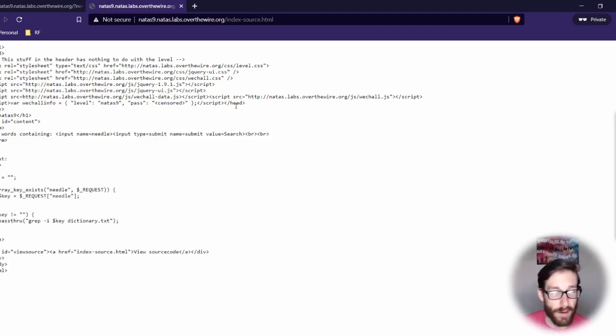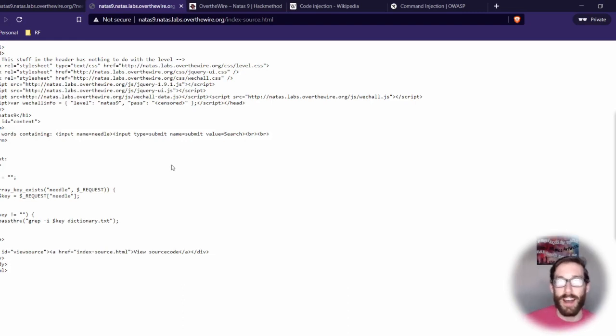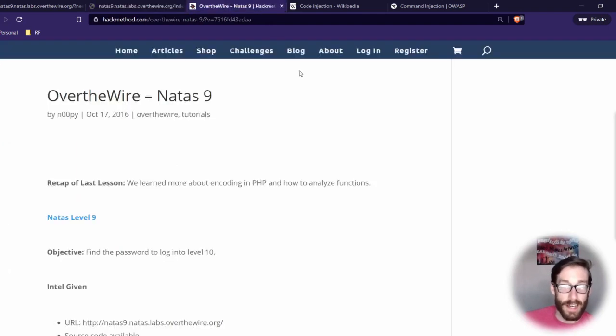This one took me a while to figure out, and the reason being is that I had to really learn a lot from scratch. And the thing about learning from scratch is I tried to do everything I could not to cheat, because it's really easy to cheat on these CTFs, especially ones that have been around for a long time like this. You can easily just look up Natas 9 on Google and it'll give you the answer. I did actually look up the answer, but I didn't cheat all the way. I cheated halfway. And luckily, some kind souls like Nopi write these tutorials where they don't automatically give you the answer, but give you hints along the way.